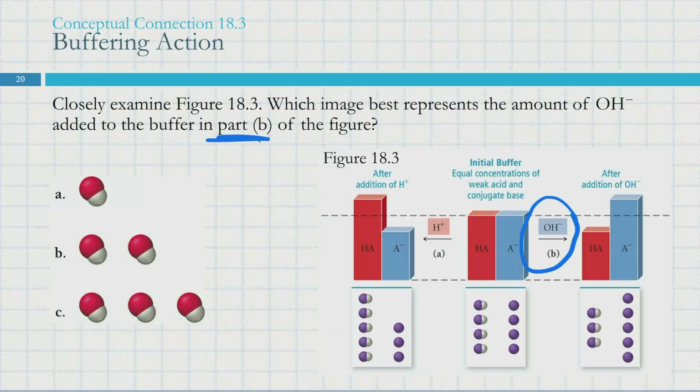Did we add 1 unit, 2 units, or 3 units? Looking at our bits down here. Yeah, it's A. We added 1 equivalent